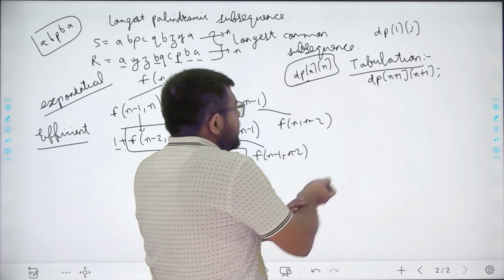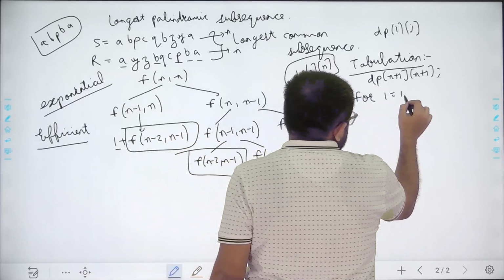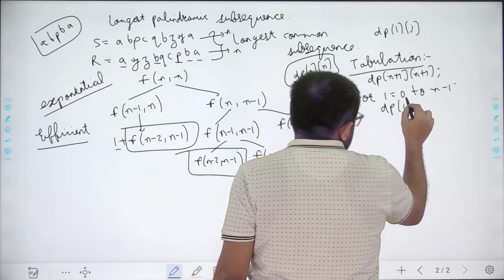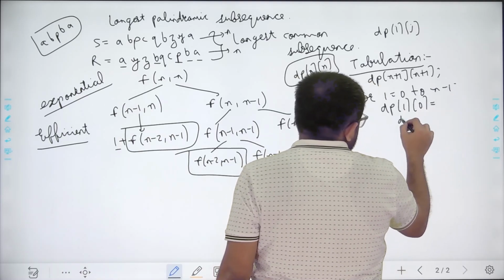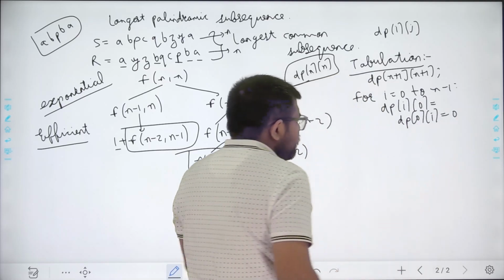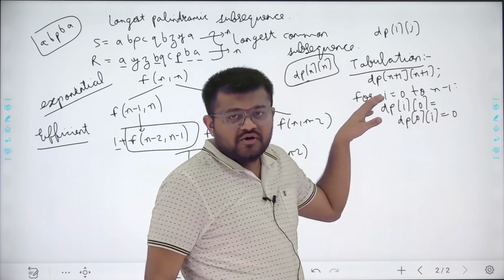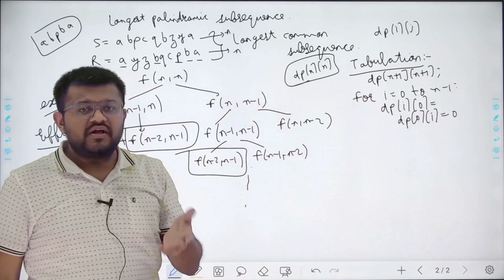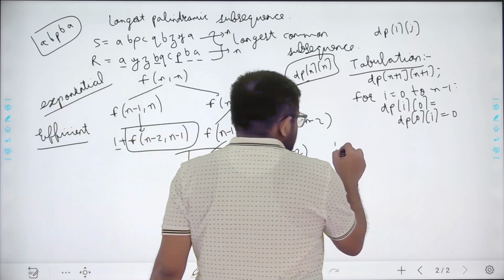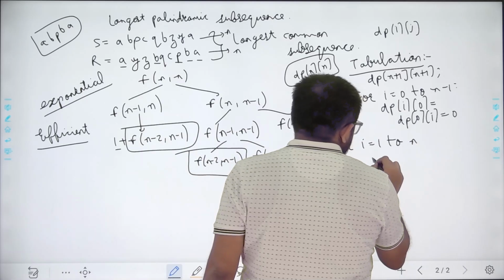Okay, now I need to fill this table. First of all, I will fill the base cases. So for i equals 0 to n minus 1, dp of i, 0 equals dp of 0, i equals 0. If one of the strings is empty, irrespective of the length of the other string, the answer is 0, because the length of the longest common subsequence is 0 only, right? Now for the remaining cases,